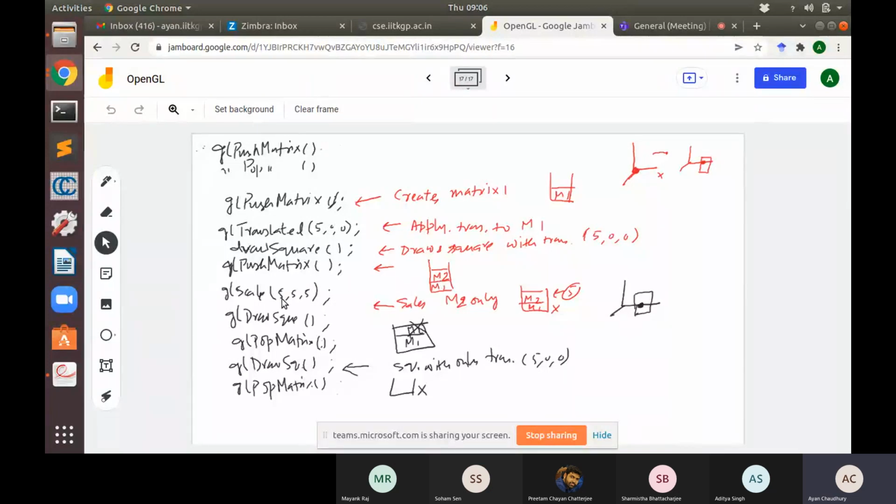And then if you do scaling, it won't actually affect the matrix M1. It will deal only with the matrix M2. That means it scales matrix M2 only by 5 amount. Now if you draw a square at this current moment, what happens? Scaling was done on matrix 2, but the stack contains both matrix M1 and M2. So the square will be drawn with both transformations. Why? Because it was already translated